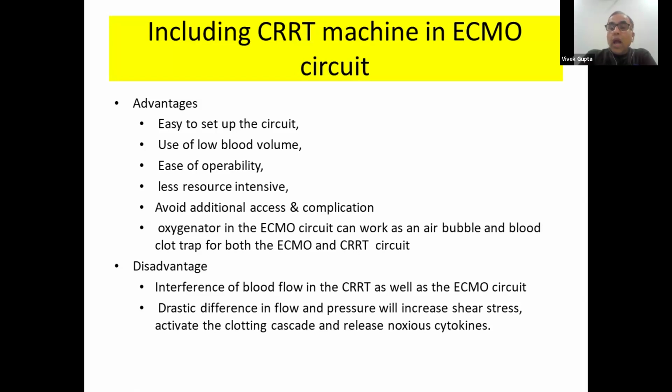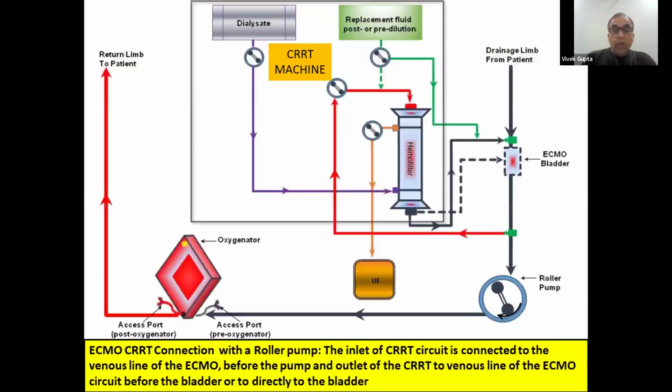And oxygenator is going to help with any air bubble which will be trapped there, or any small air bubble or a clot. But the problem is there will be interference in the blood flow of the CRT as well as the ECMO circuit. Because they have the different pressures, so what problem can happen? One can affect the other one, or if there is an issue with the CRT circuit, some air comes in the circuit, that will definitely compromise the ECMO, especially in cases of VV ECMO, where the patient is totally dependent on ECMO for oxygenation. So even the 100 or 120 ml of blood taken from the ECMO circuit for the purification probably can reduce the oxygenation. You need to adjust the blood flow.